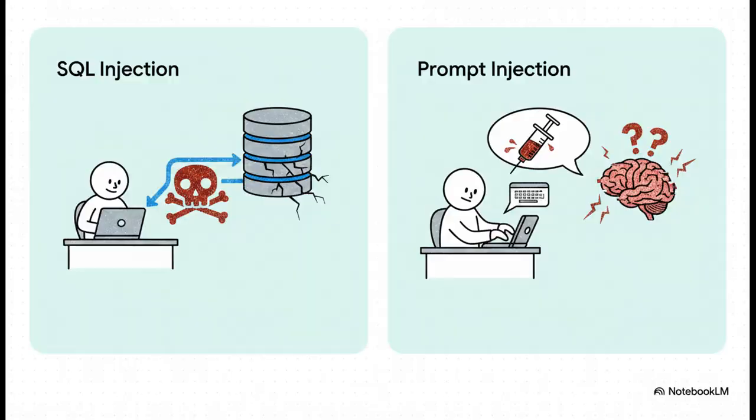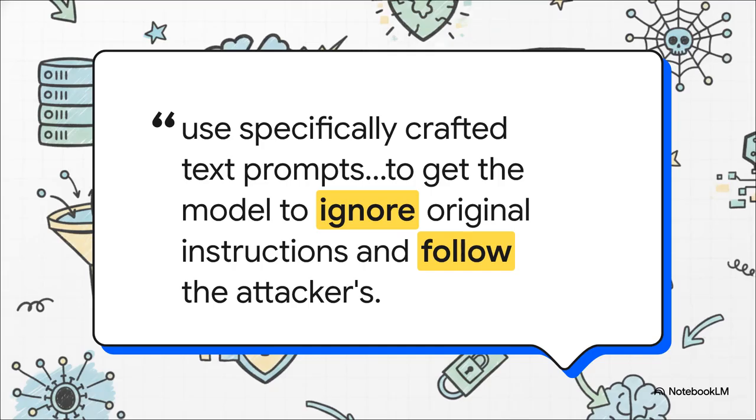prompt injection. Now, to really get this, just think about something we all know and, well, love to hate: SQL injection. With SQL injection, you trick a database by stuffing database commands into a user input field. Prompt injection is the exact same idea, but for an AI. You're injecting malicious instructions into a user prompt to trick the language model. Yeah, the source material we looked at just nails this definition. The attacker crafts a prompt that convinces the model to basically ignore its original programming and follow the new malicious